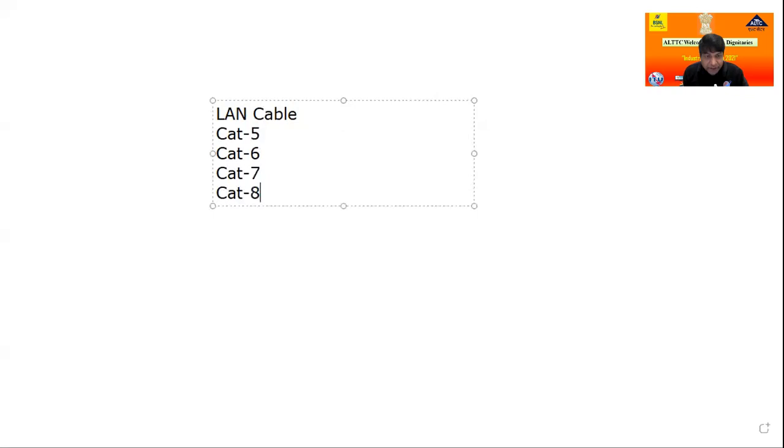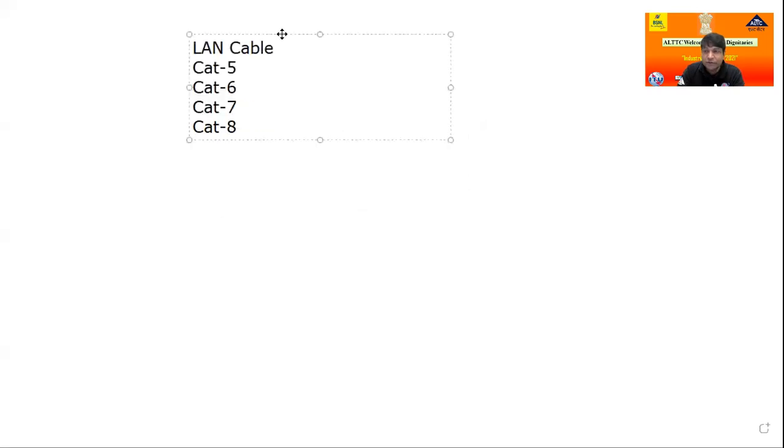If you go to the market and tell the shopkeeper you want a LAN cable, the first question of the shopkeeper is simply which type of LAN cable you require: Cat 5, Cat 6, Cat 7, or Cat 8. Cat means category, so which category of cable do you want?